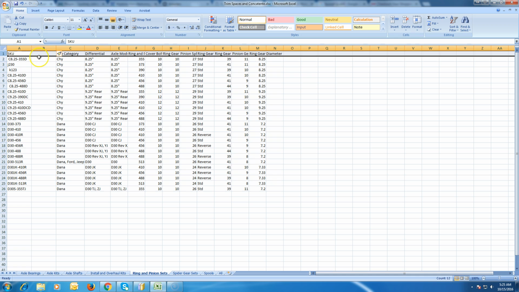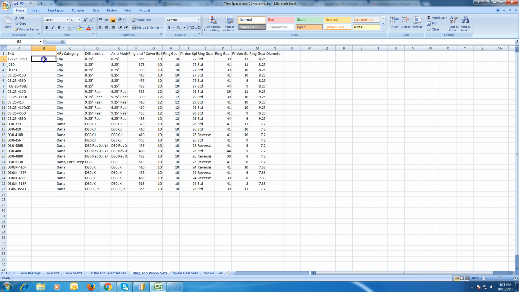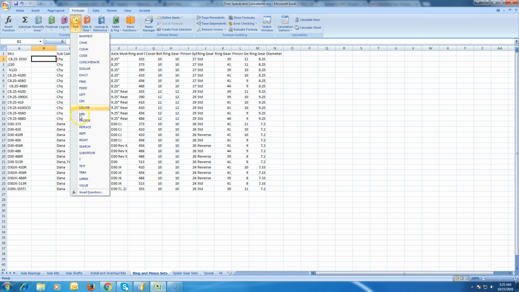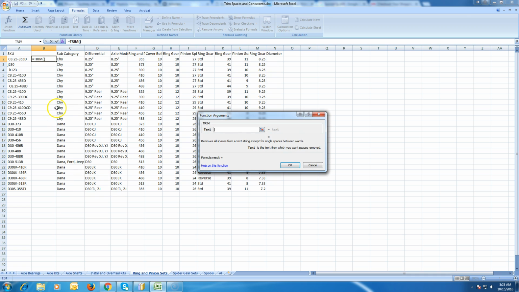So what I'm going to do here, to trim these, is put my mouse in this cell, which is right next to the first cell of the content I'm going to be talking about. You're going to go up to Formulas in your Excel, down to Text, and find Trim, and it's going to bring this formula up for you. What it's asking is, which cell do you want this to work in? Well, I want A2 because that's the first piece of content. And yes, it's one piece of content, but trust me, this will make a formula for the entire row. So I'm going to just type in